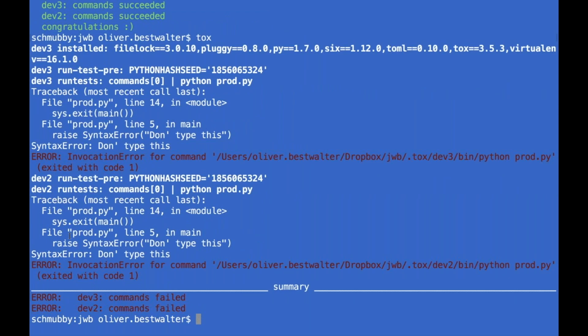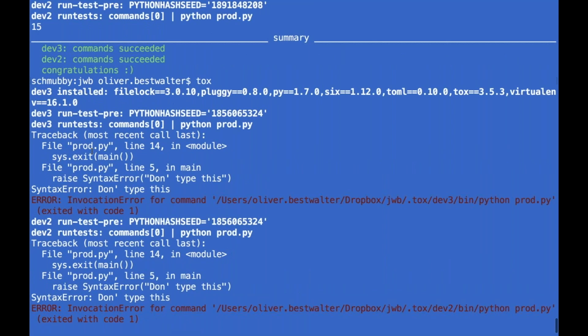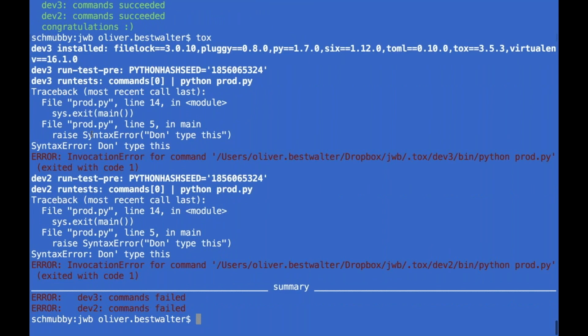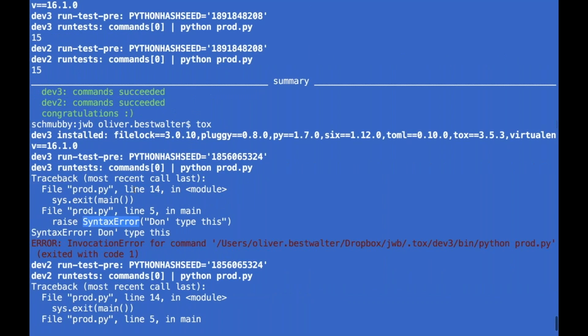Yeah. So it failed twice because you were running both. You could have done something that fails in 2 and 3 by using the print statement. Yeah. I'm not creative enough for this. I prefer syntax errors. So this is what it looks like if it fails, and then here you have an